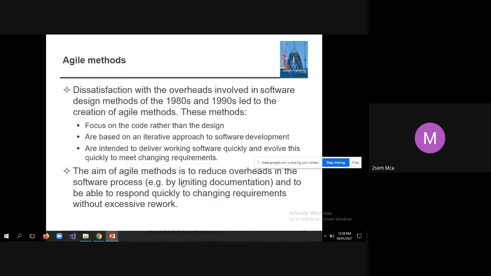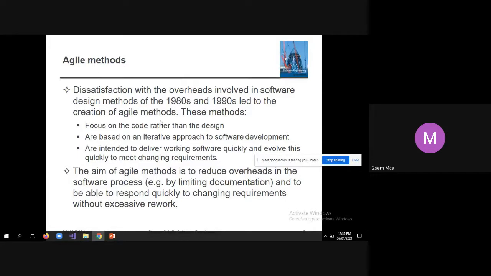But slowly, many businesses started using computers and they started having their own applications. So people felt that to run the businesses, static requirements will not suffice. When the requirements become static, such applications cannot serve the purpose of the business. So we need something different. That is where in the late 90s, people started with agile methods.